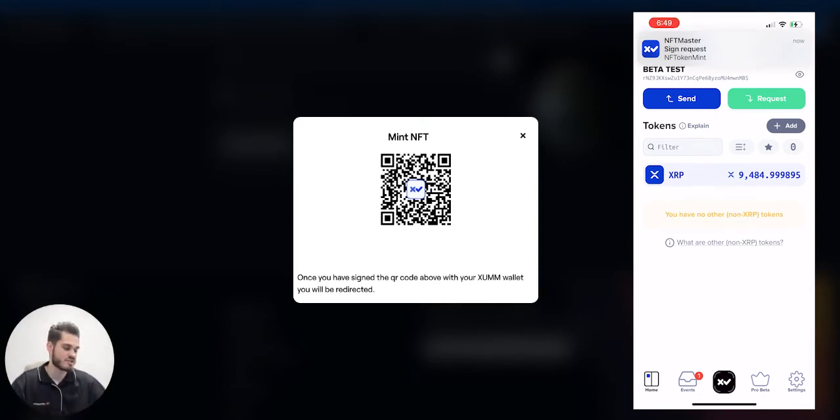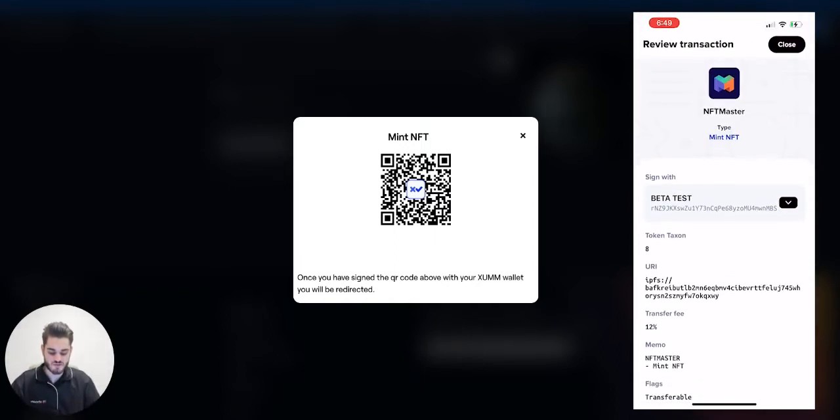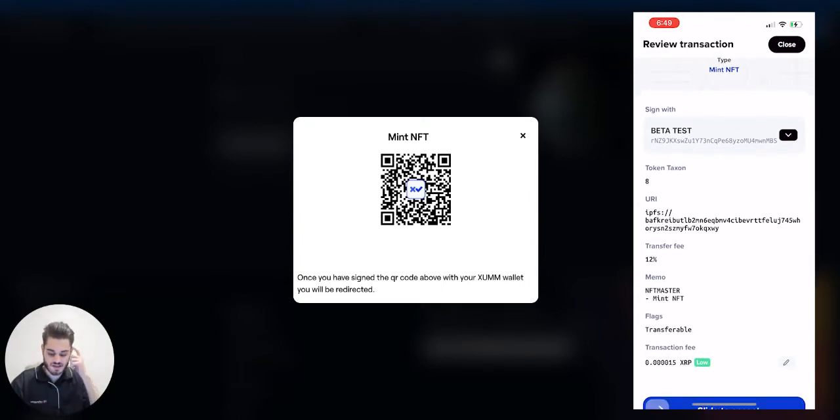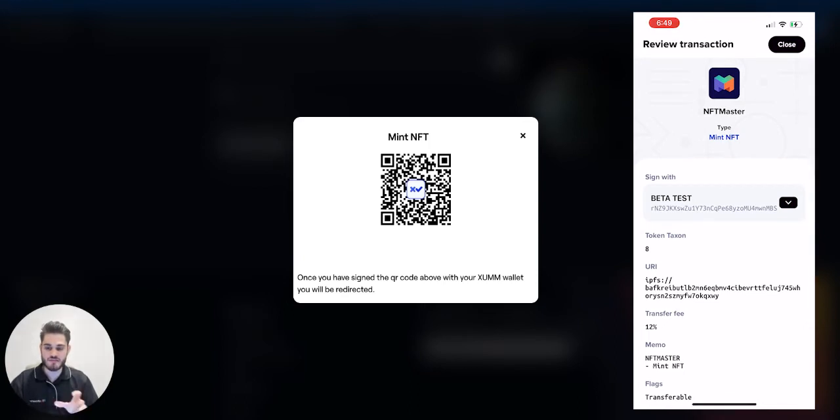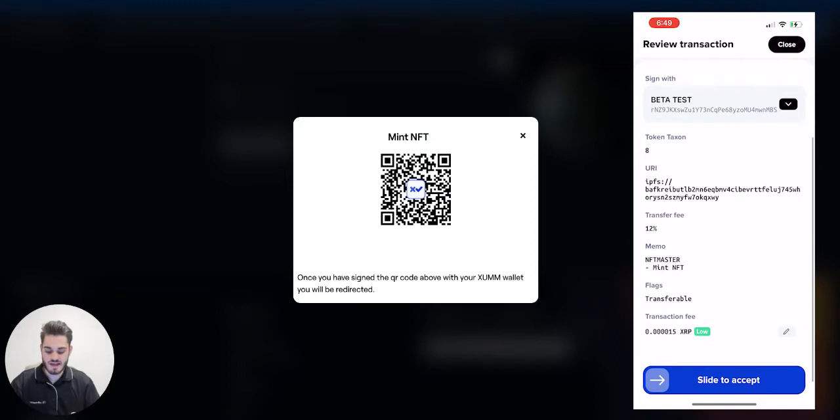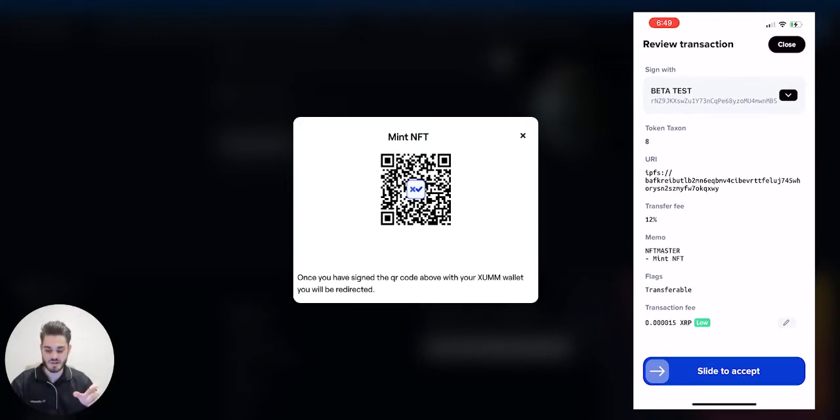You can see the mint transaction is now popped up for a QR code, and it's also pushed the notification to my phone. I'm going to select it on my phone, and you'll see the taxon, which is essentially the collection ID. Now, the way that we find the collection is by your address and the taxon in combination. So it doesn't need to be unique to other people's taxon, it just needs to be unique to your own. You could see here the URI link, and that's going to link to the metadata file that also has that image as another IPFS link. We also have the transfer fee here, which is 12%, which is similar to that royalty. And you have the memo,